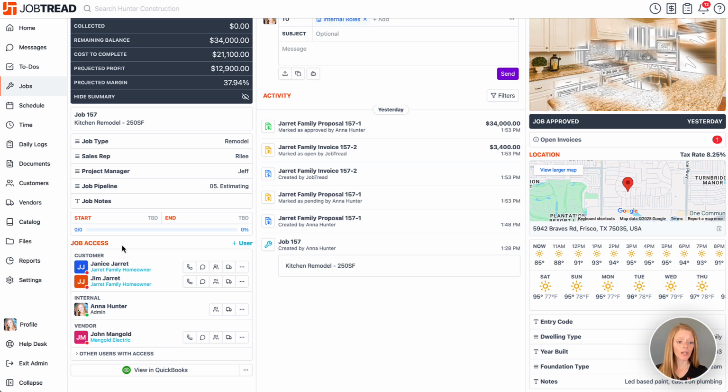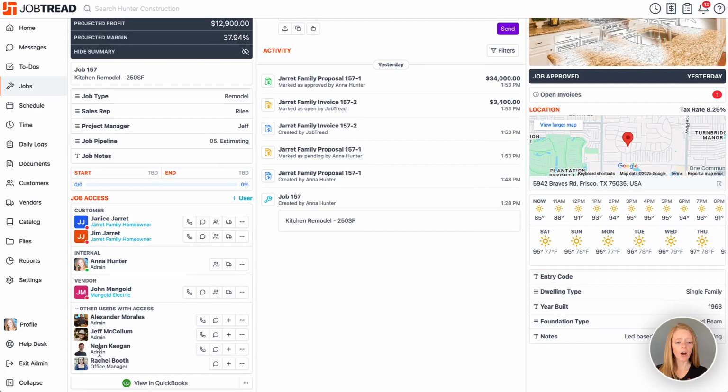Now, just so you know, if I click other users with access down below, this is going to show me all of my internal users who automatically have access to this job based on their roles and permissions. However, I don't see my project manager or field employees on there, so I may want to add them specifically